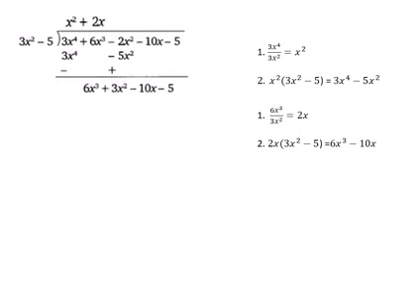Write the polynomial below the dividend. Now we have to change the sign. Plus 6x cube, we can write it as minus 6x cube. Then minus 10x, we can write it as plus 10x. Now the first terms are the same with opposite signs, so they get cancelled. The remaining next term is 3x square, write as it is. Next, minus 10x plus 10x gets cancelled. The next term, minus 5, write as it is.